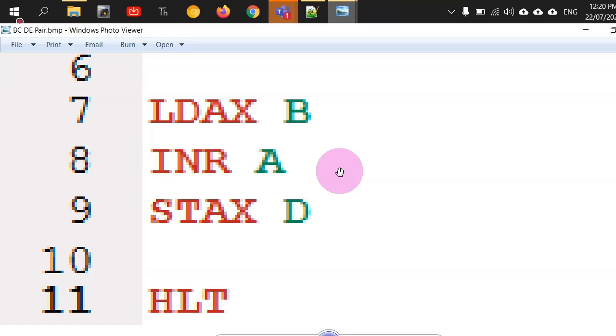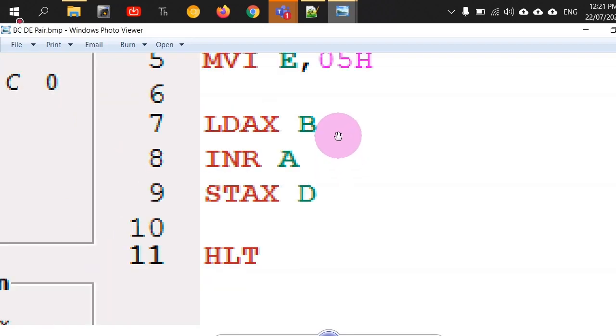So you need to remember that in 8085 it has to be INR, right? So INR A will increment A by only 1, right? And if you want to store some data from within the microprocessor to the externally interfaced memory, what do we use? STA command. In the previous lab, we had used the STA command.